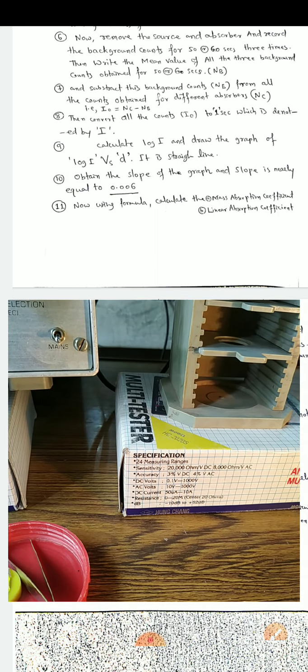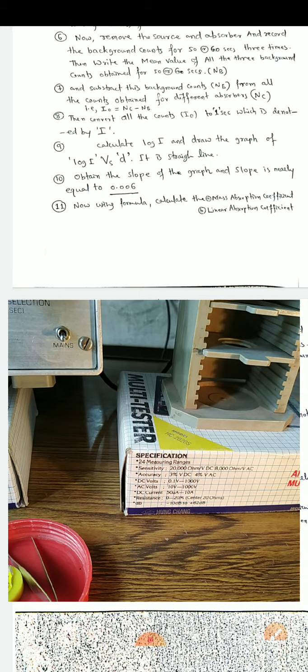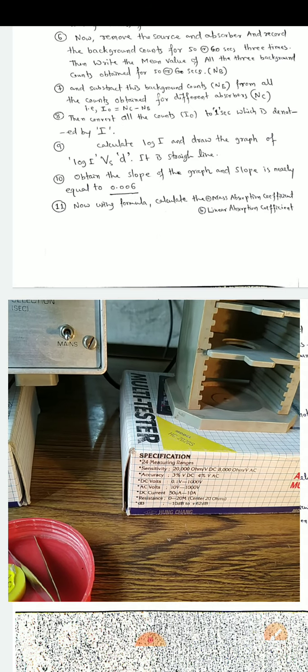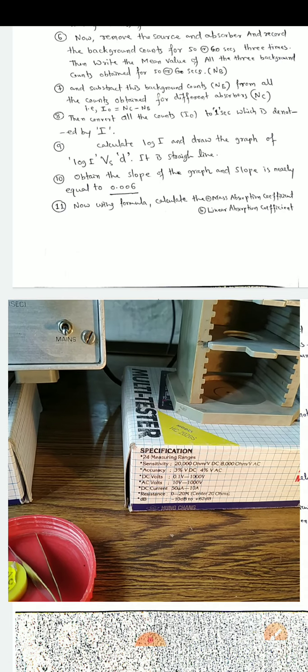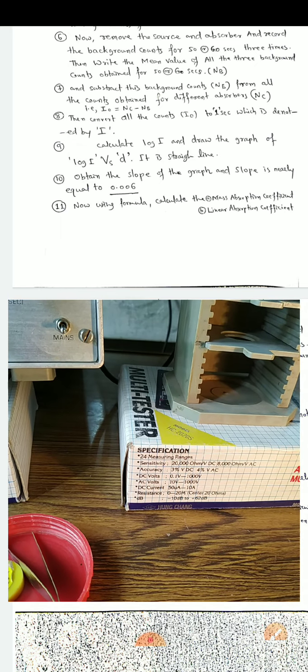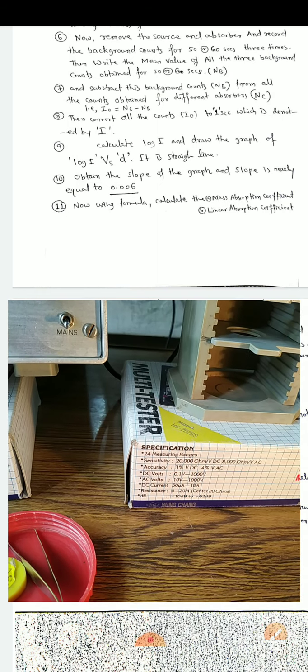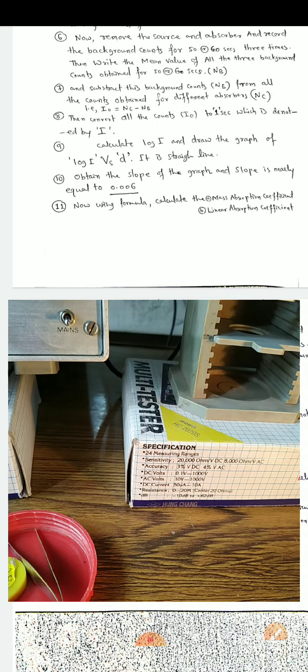And lastly, we need to find the aim of our experiment using the formula. We need to calculate the mass absorption coefficient and linear absorption coefficient. You should also know what the mass absorption coefficient is. It is the measure of the rate of absorption of radiation, expressed as absorption cross section per unit mass.